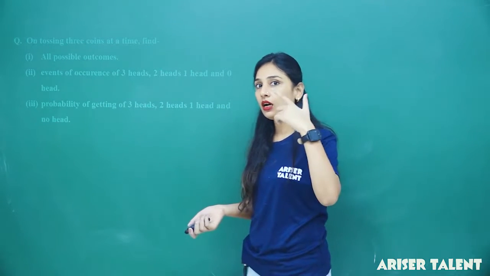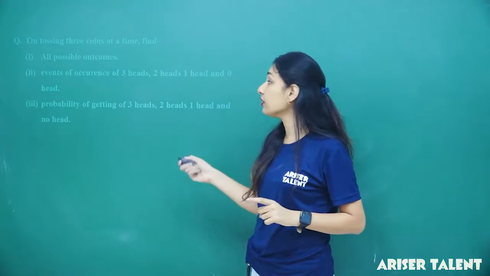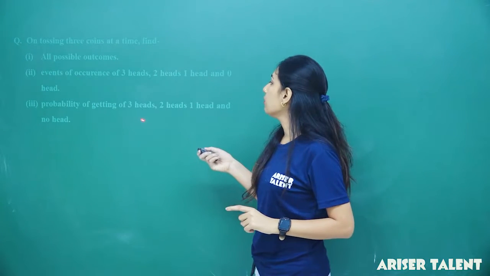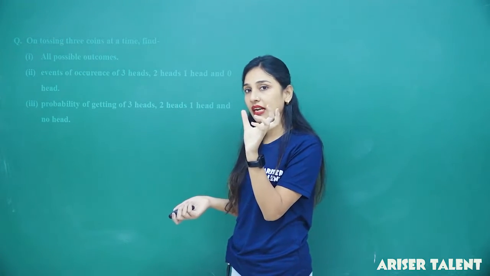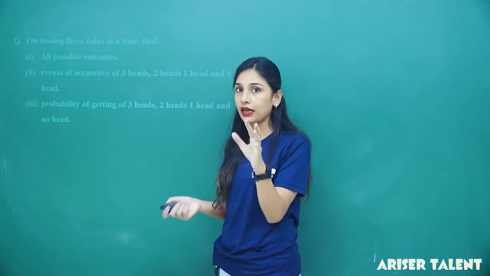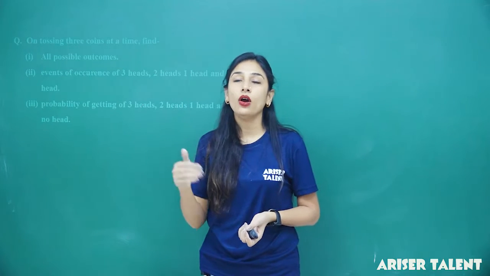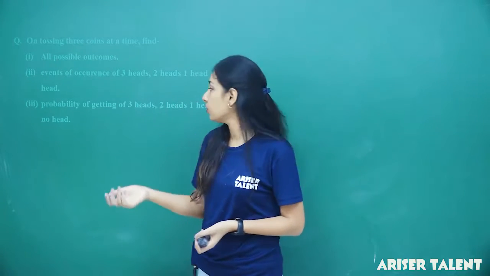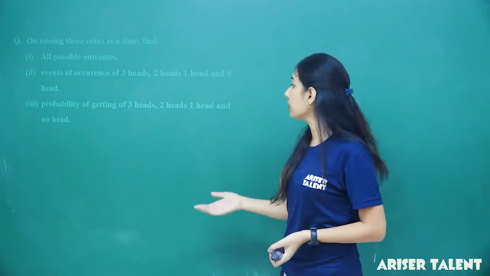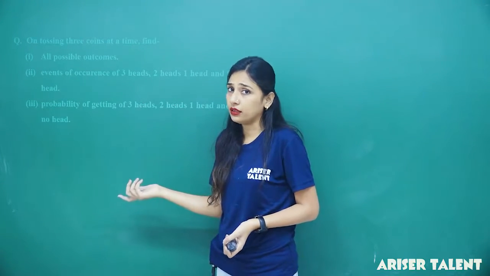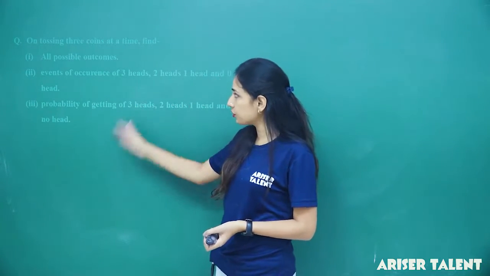As I recall, there is only one condition in which we have 3 heads. Then we will count heads in the criteria where we have only 2 heads. Maybe it can be head, head, tail, or head, tail, head, or tail, head, head. So that will be the probability of that. And no head is just 1, that is all tails. So you just go through the question,